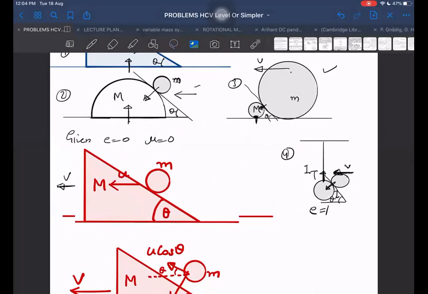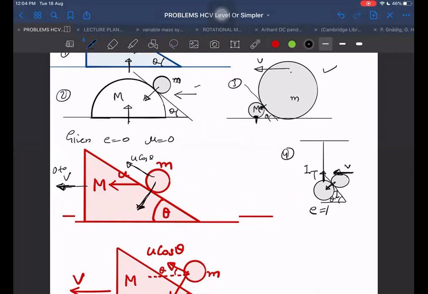Okay, so the other velocity will be... see, this was the initial velocity, right? And it attains velocity v. It was initially 0 and it attains v, and it changed to this side. It became u cos theta. This side it will become what? That is unknown. But that I know by constraint relations. You should be able to tell me quickly.